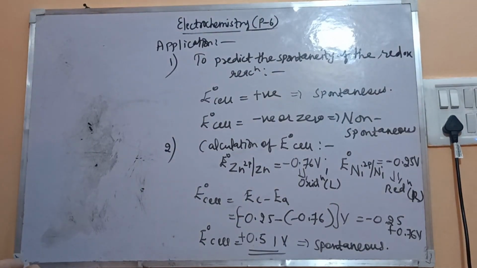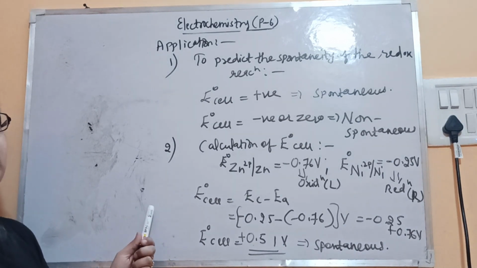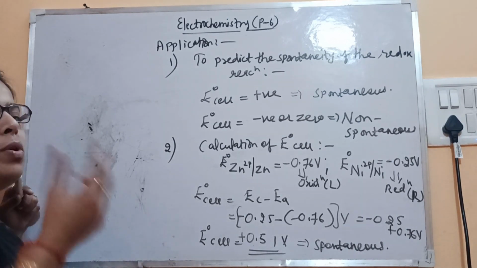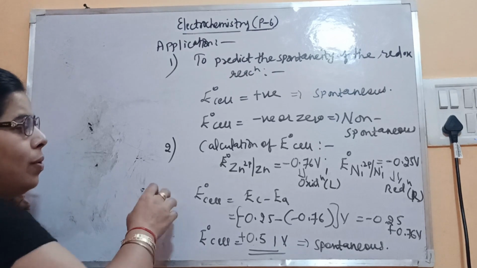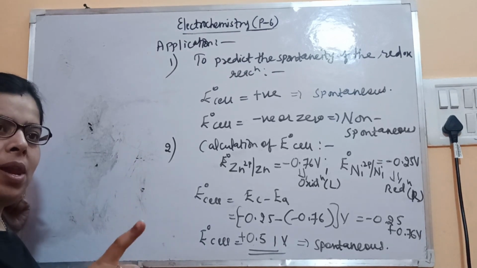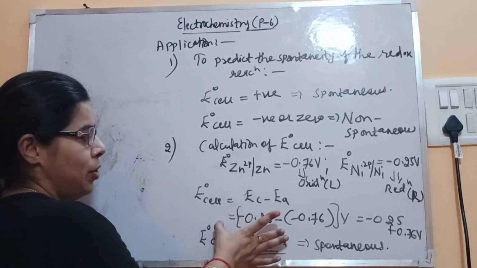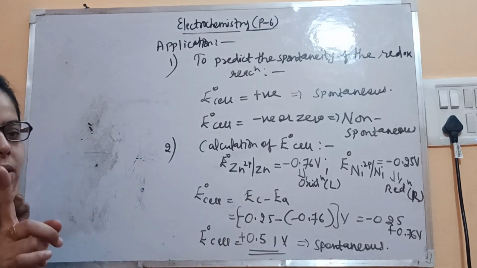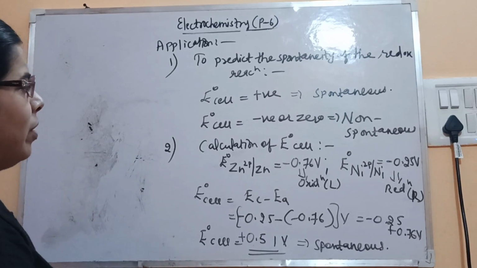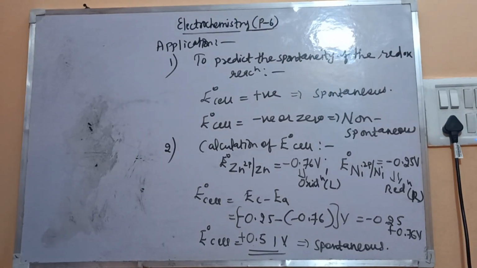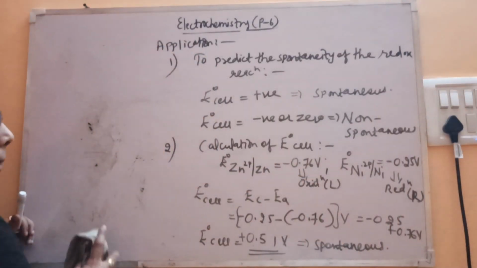Reaction is spontaneous. Similarly, we can take different combinations, and this is the important part to calculate the E naught cell, because this is a part of most of the formulas that we are going to learn later on, like deriving the Nernst equation and all. This is one step in that derivation, and it carries 1 mark in the board exam. This formula writing, substitution and its value calculation, all three steps together are 1 mark. So let's take different combinations so that you come to know how to calculate. This is the second application that we are discussing, calculation of E naught cell.